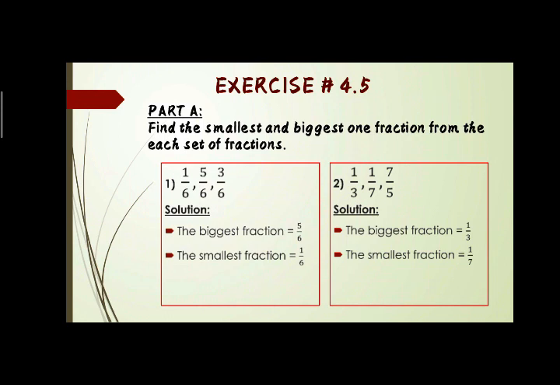Now here is a set of numbers. Observe here, the set of numbers is showing different denominators. Like this one, 1 upon 3, 1 upon 7, here is 1 upon 5. So on the basis of the denominator we say it is a set of unlike fractions.